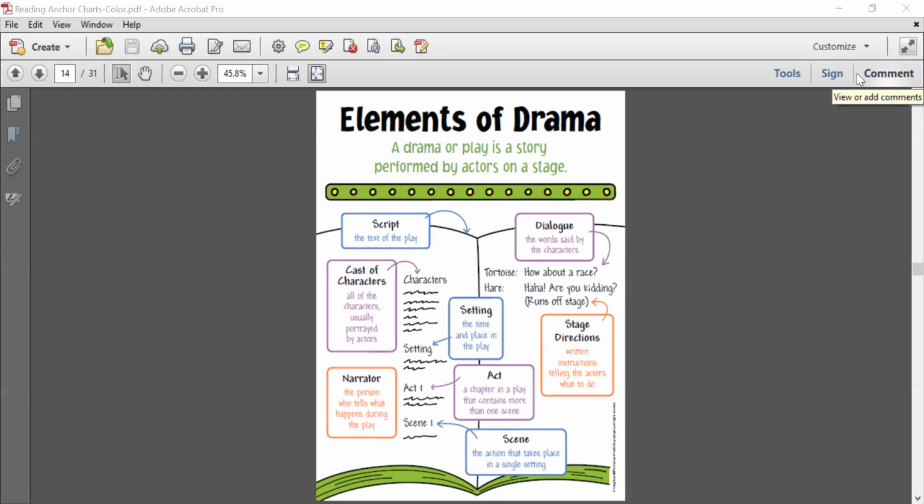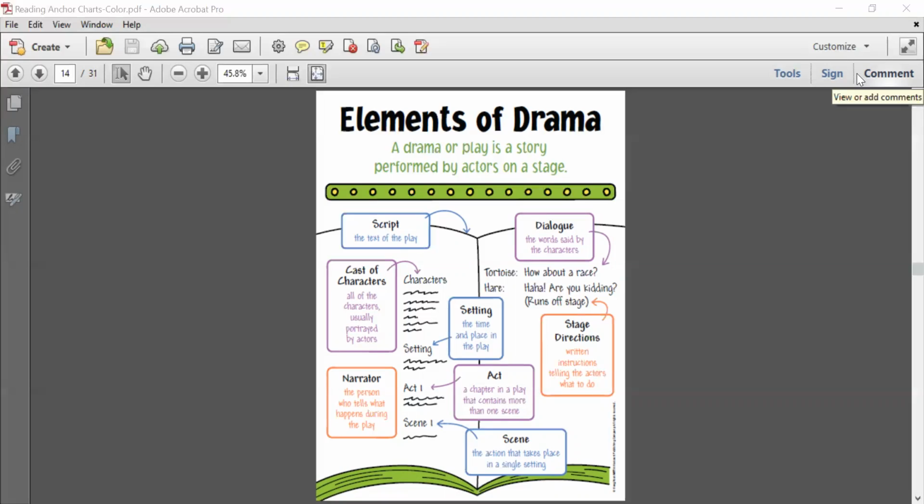So you probably remember this anchor chart when we discussed this in class. I'm just going to go over it pretty quickly, and then we're going to look at the elements of drama in the play Gigi and the Wishing Ring. We are not going to reread Gigi and the Wishing Ring because I felt like we spent a lot of time on that and that most of us understood it and appreciated it. So this is just going to be a review of the elements of drama, and then you are actually going to watch a play on your own.